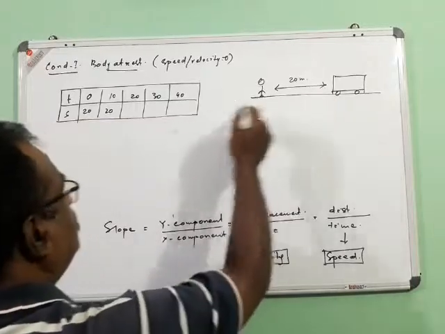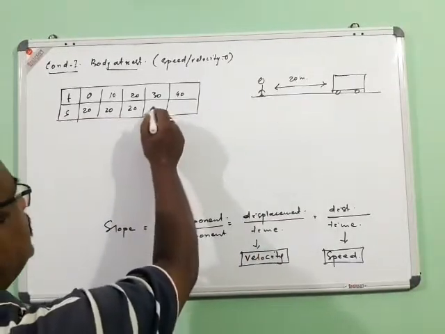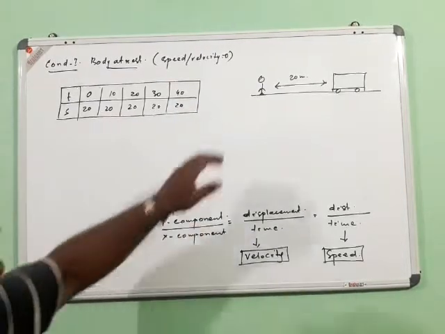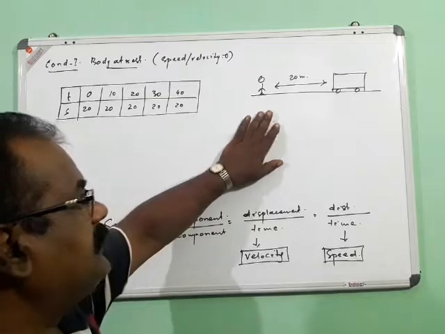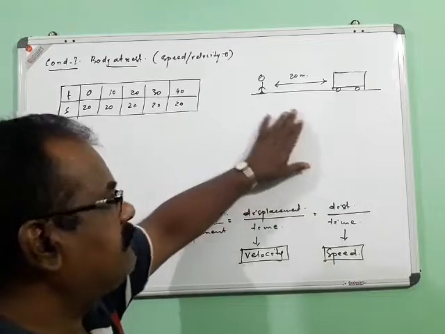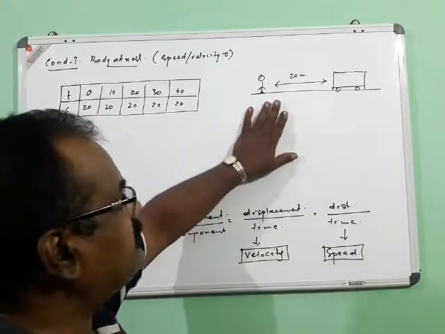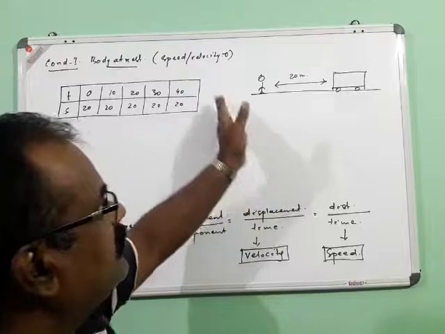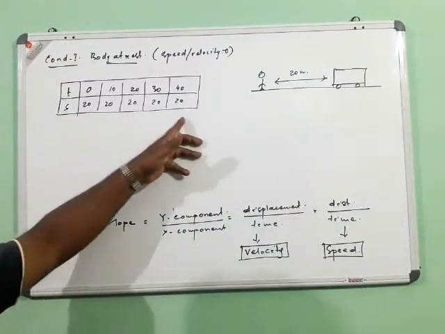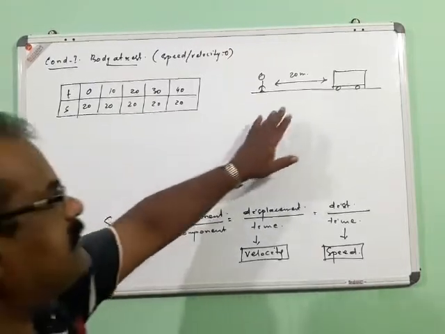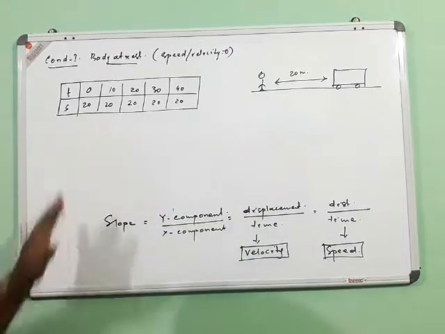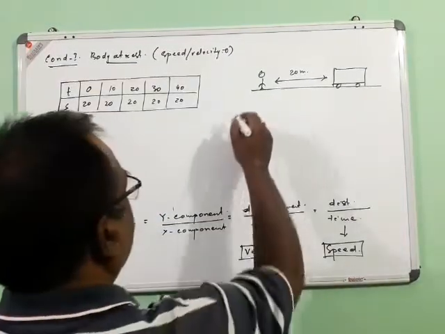Then after 20 seconds again it is at 20 meters, and at 30 seconds also the same. So try to understand. When the observer observed this for the first time, he saw that the body is at 20 meters distance from its place. Now after 10 seconds again he found it at the same position. So therefore there is no change in that position. So this indicates there is no change in the position, or in other words we can say that the body is at rest. Now when we represent this graphically, what sort of graph will we get?